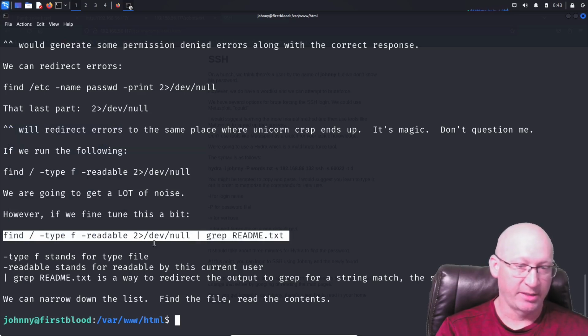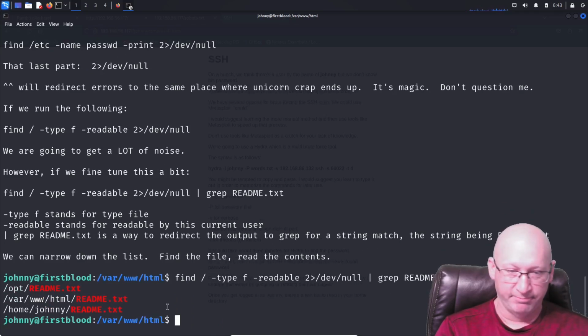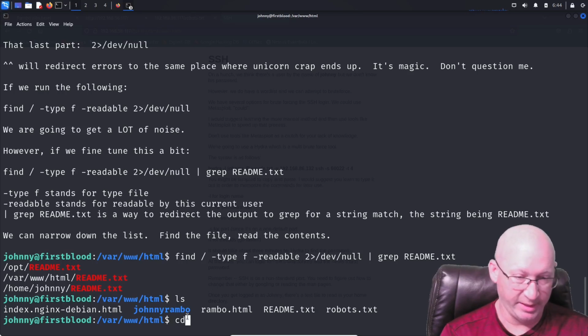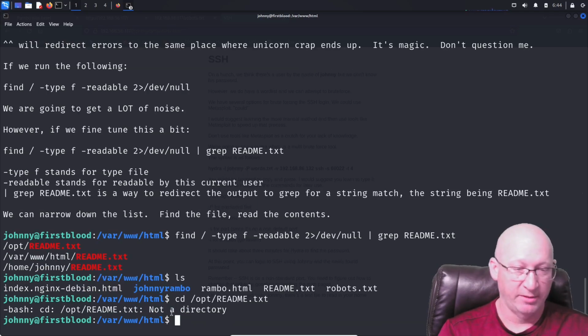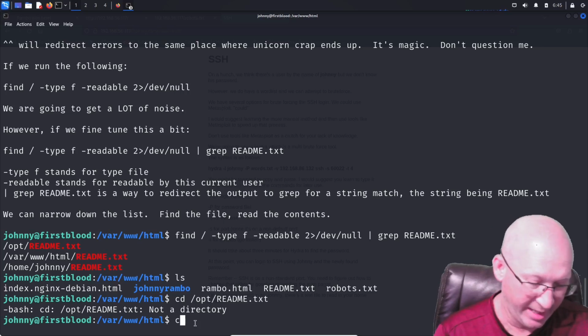Right? It tells us how to do it. I can copy that, and then I just throw that in there, paste selection. And it's going to go through, and it's provided me the output, right? There we go. Now I can do an ls, and you can see that nothing really changed in here at all. So it's, again, requiring us to read through it, which is kind of nice. So we see the /opt/readme.txt. So I can do a cd /opt/readme.txt. Go through that. It's being a little bit mean to me. So since it's saying it's not a directory, I can do cat and then